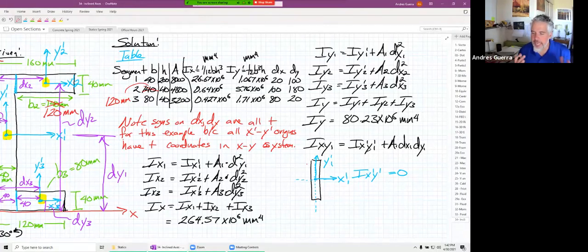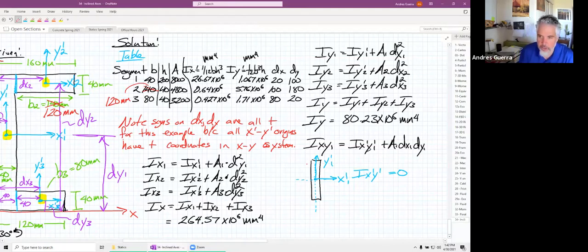And so yes, X prime Y prime is always going to be equal to 0 because the axes about the centroid of that segment are symmetric. So this is equal to 0 right here, and so we'll find IXY1 is going to be